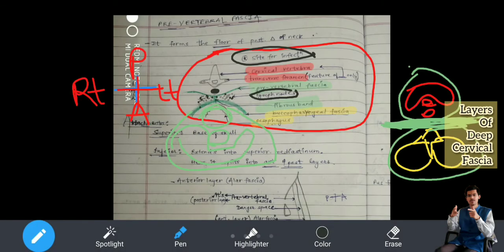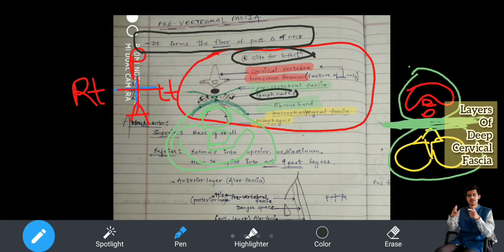Now, to understand this further, you need to see the extent or attachment of the relations. Now I have written here that it forms the floor of the posterior triangle of the neck. As I told you yesterday also, the sternocleidomastoid muscle, when you turn your head to your right, you will feel the left sternocleidomastoid muscle in the neck, the thick part which you can feel just above the sternal bone, the manubrium part of the sternum.